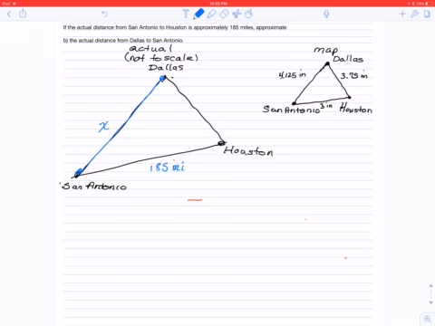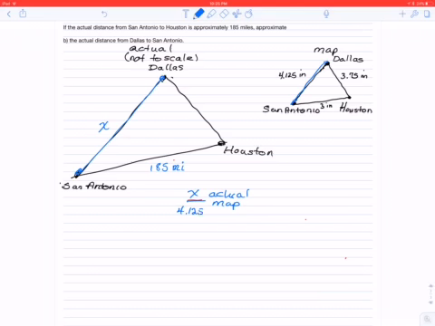Since the actual distance between the cities and the map distance between the cities form similar triangles, I'll start out with a fraction of the actual distance from Dallas to San Antonio. That's what we want to know. That's our x. And I'll make a fraction by putting it over the map distance from Dallas to San Antonio. So that's over the